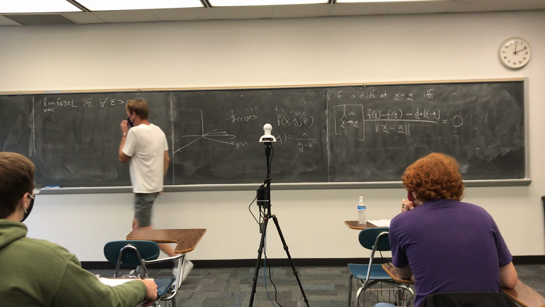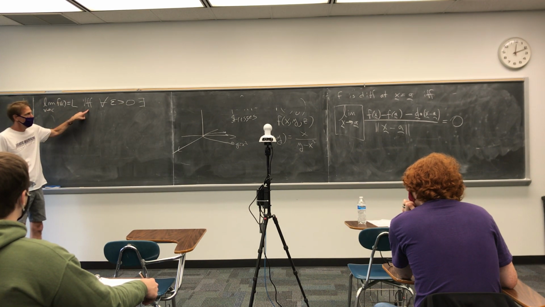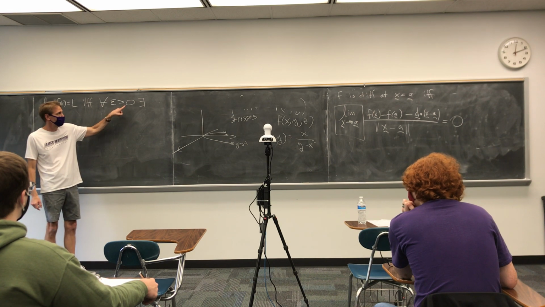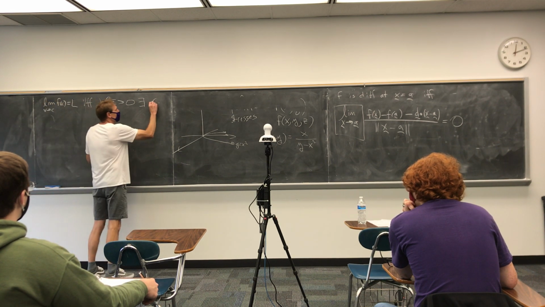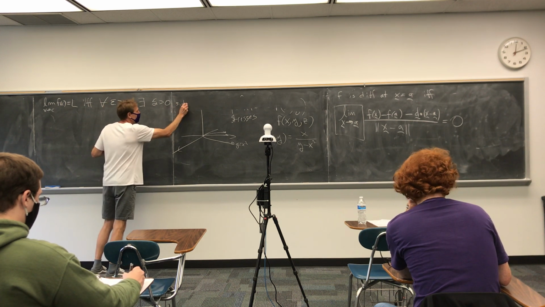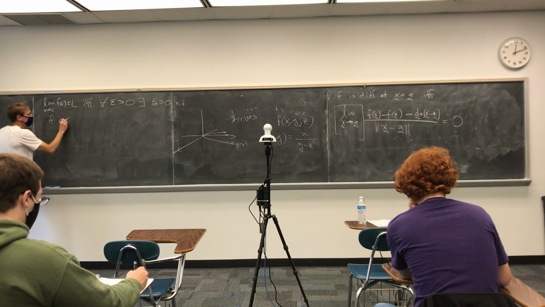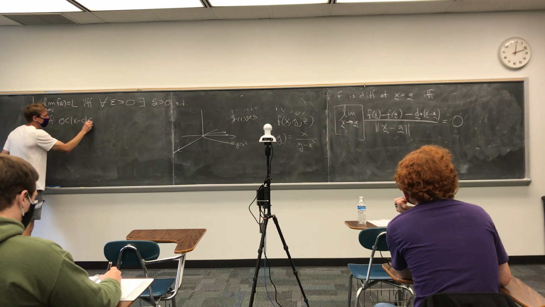exists. The limit as x approaches c of f of x equals L, if and only if, for every epsilon greater than 0, there exists a delta greater than 0 such that if 0 is less than absolute value of x minus c is less than delta,